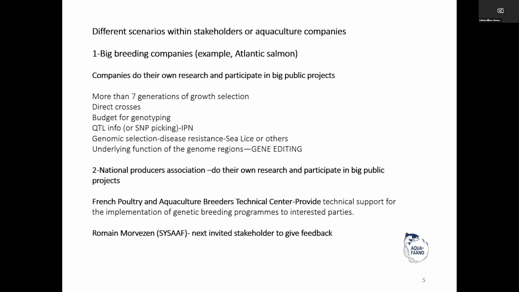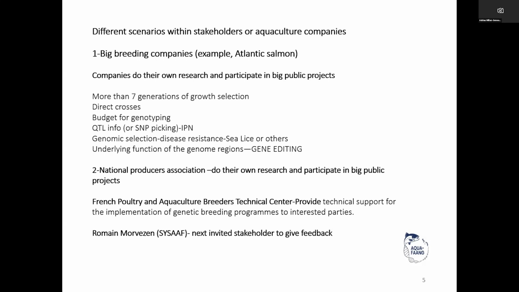In salmon, you have more than 7 generations of growth selection. You have direct crosses. You have enough budget for genotyping. You have some QTL info like the IPN resistance, which is very successful. Or now they are making genomic selection that is improving